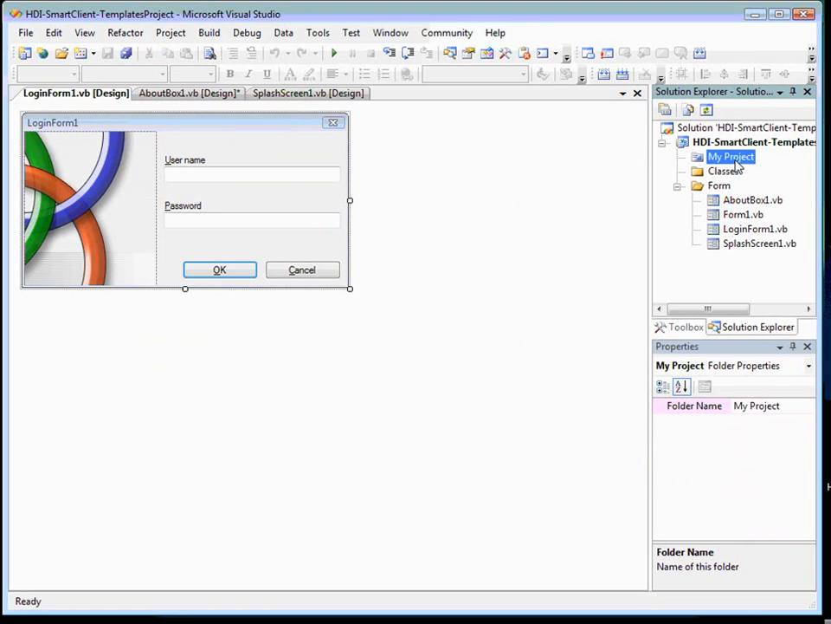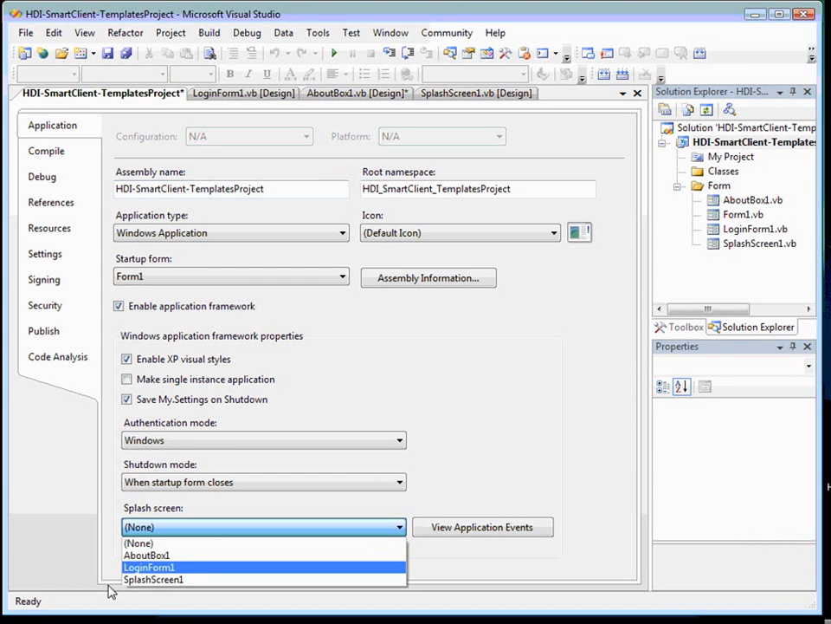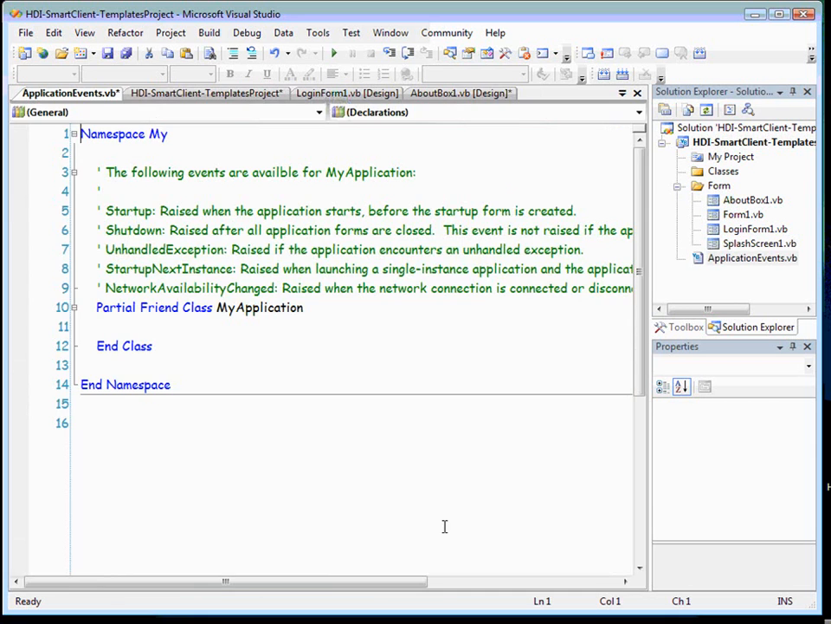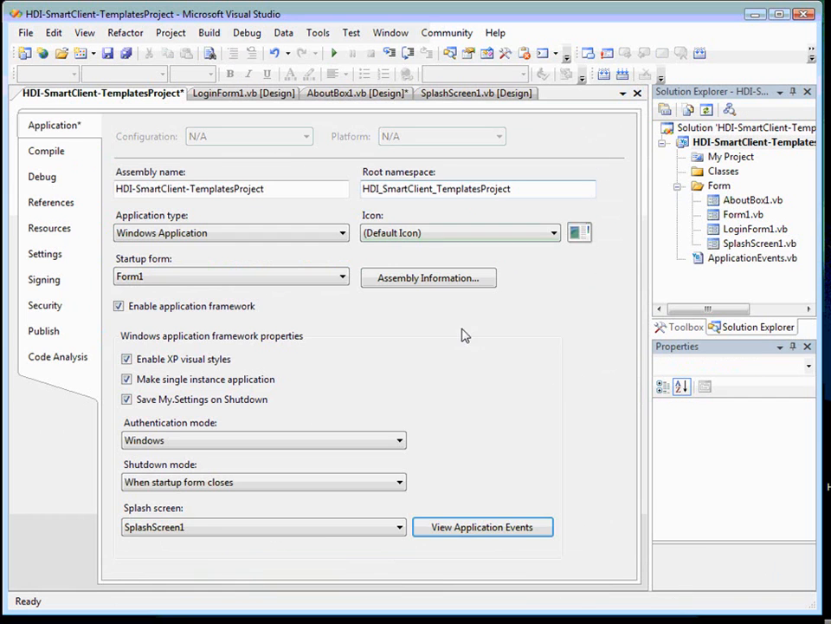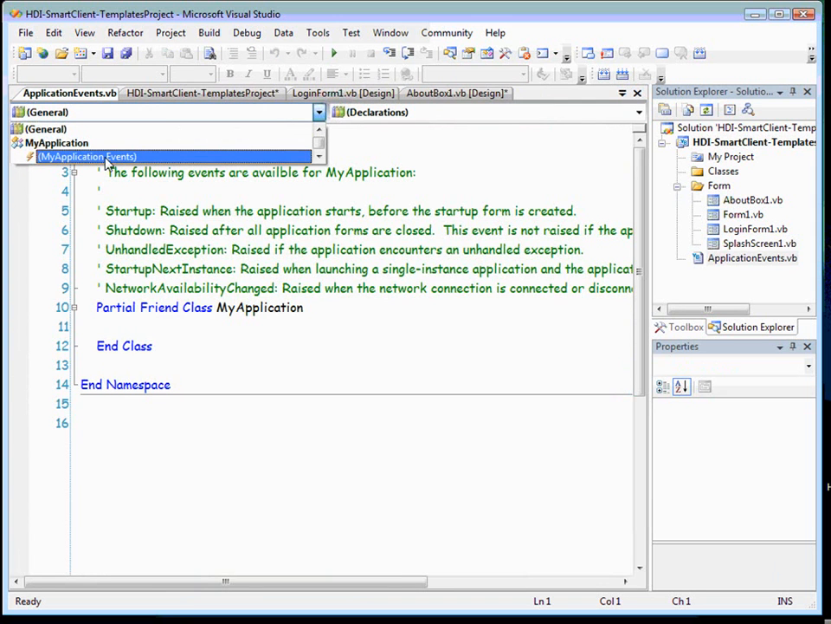Okay, I'm going to go to my project. And I like to make sure a couple things happen here. One of them is, well, let's make sure my splash screen is going to show. I'm going to make this a single instance. Come up here, and I don't want to do that too fast on you, so I'll make sure you've seen that. View Application Events. This gives me the opportunity to change some things